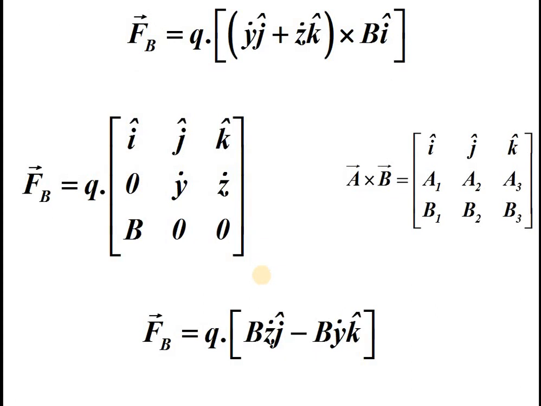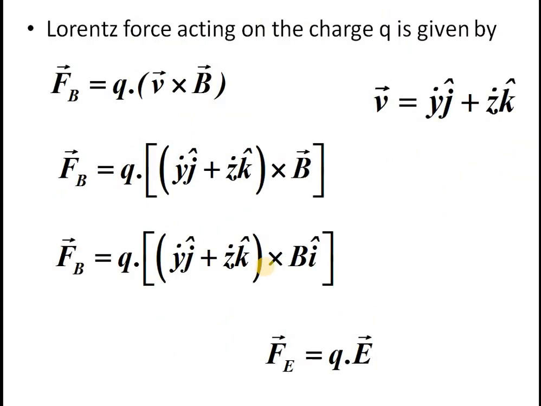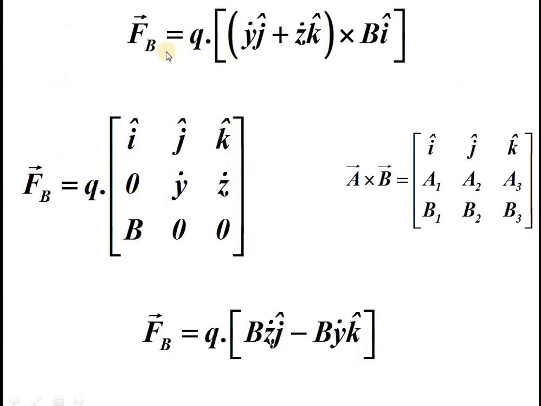In addition to that, we have the electric field also. Due to the electric field, the particle will experience a force that is q times E. So the particle is experiencing both the magnetic force and the electric force. The magnetic force is shown here, and you know that it is a cross b form, vector A cross vector B. This is a vector quantity. So A cross B is shown in a determinant form like this. You can show vectors in determinant form. Here it is a determinant, it is not actually a matrix.